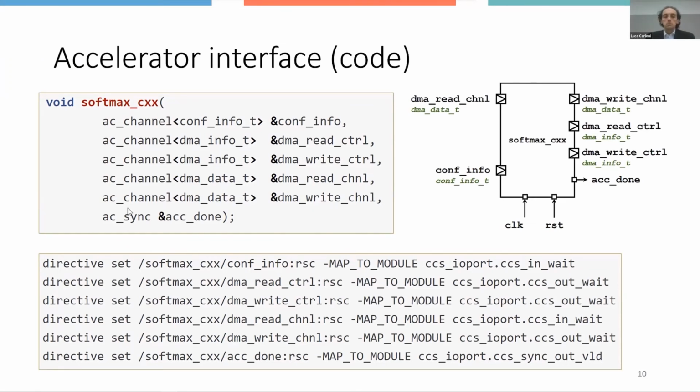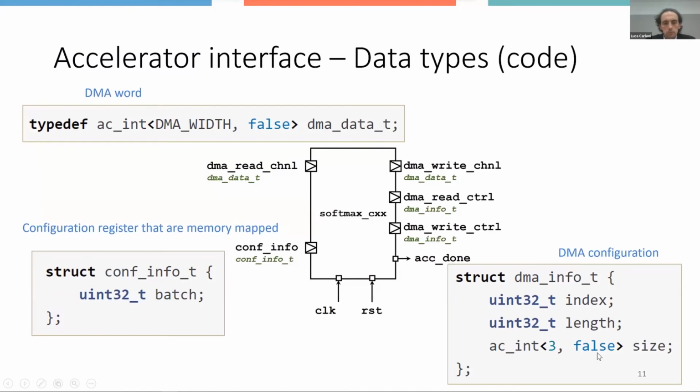There is essentially no data transfer, it's just a handshaking signal, and here it is paired with this directive ccs_sync_out_valid. In addition to these data types and directives, we also have to